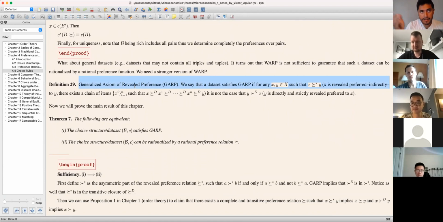So give me a data set, give me menus, give me the choices from the menus. I can apply my test, the GARP, and I can conclude that if you fail GARP, there is no way you're maximizing a utility function. And moreover, if you satisfy GARP, now you are as if you're maximizing a utility function, right? And in fact, I can recover, maybe set identified, so not point identified,